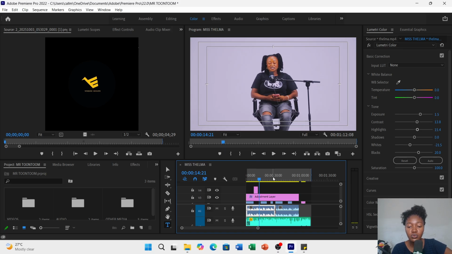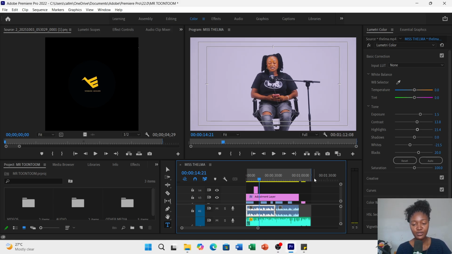Now, it's advisable that before you export it, this side of the sequence area or the timeline is good when it turns green. Okay, so your export is way faster. But if it's red, it means there's a lot of information that the application would have to process. So in order to make it faster, we'd want to render it. So when it's rendered, this side that is yellow is going to turn green, meaning the files have been processed. It's like a crumpled shirt and you iron it to give it a smooth export